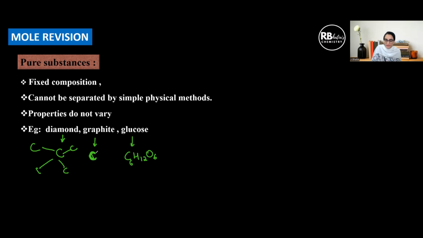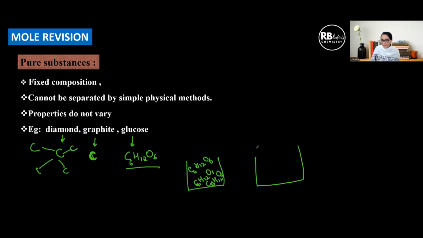Similarly, graphite is also an elementary form. Now, glucose is made up of so many molecules, each molecule made up of so many different atoms; C6H12O6 is one particular molecule. So, if I have glucose in a container, then this container is going to have so many different molecules of glucose. All the molecules of glucose. This is a pure substance made up of molecules of the same kind.